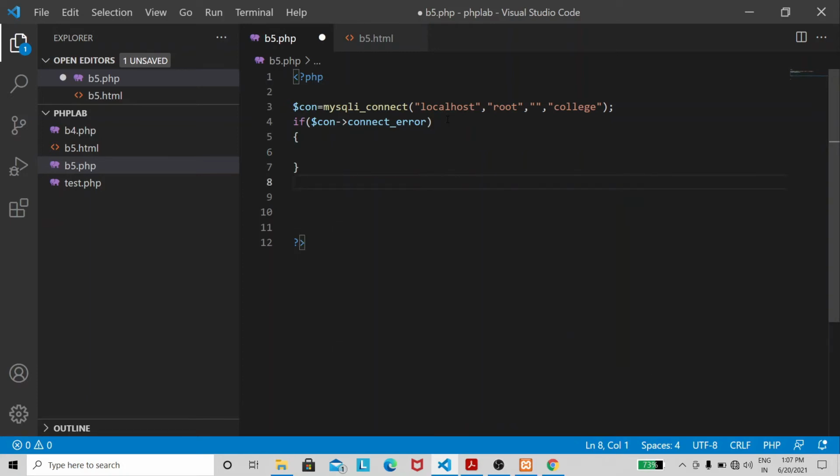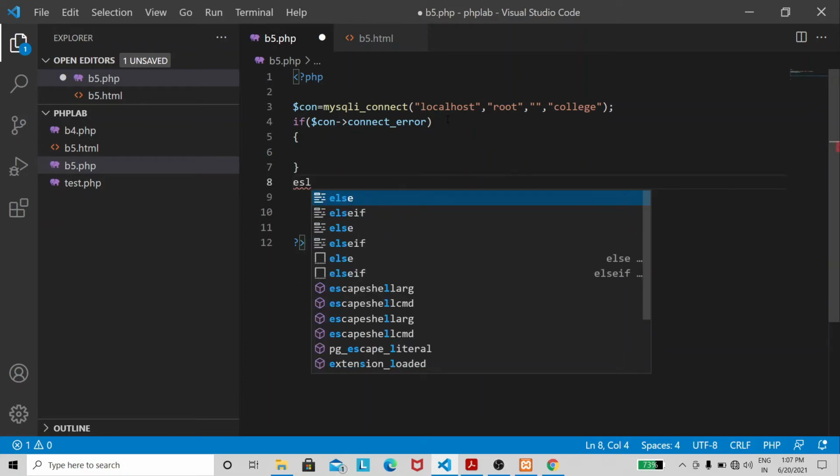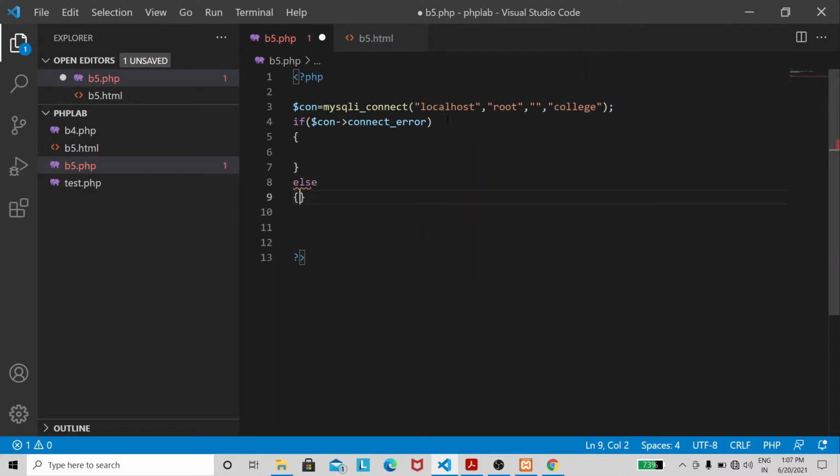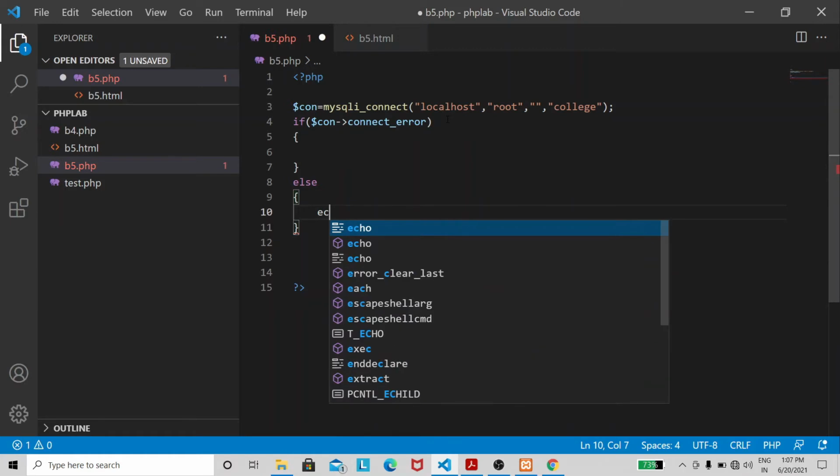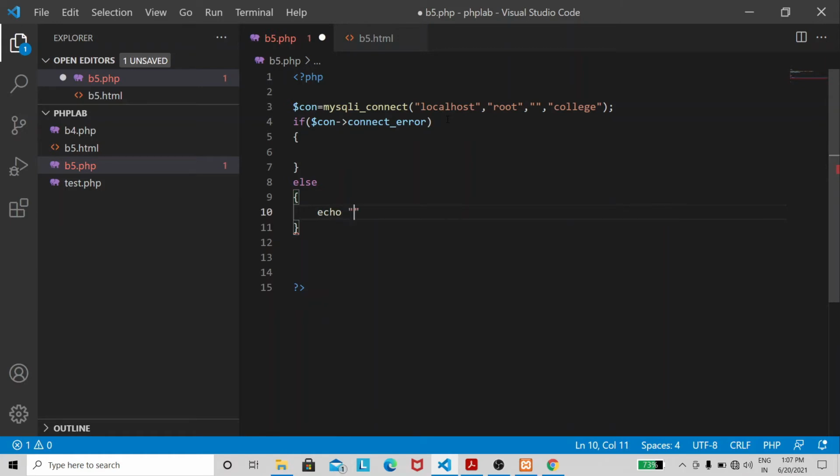Otherwise, we'll display just echo database connection successful. Okay.